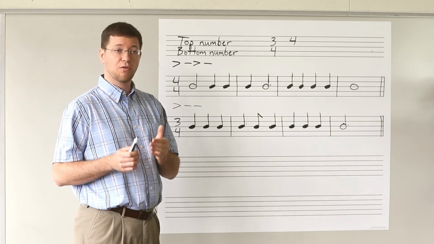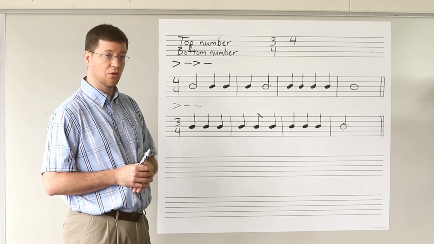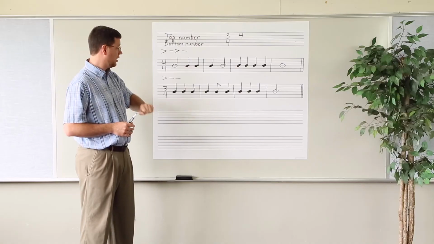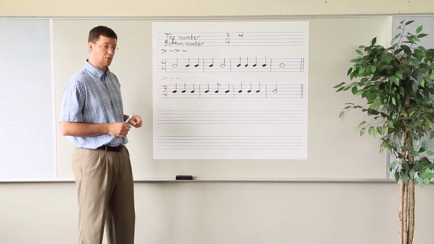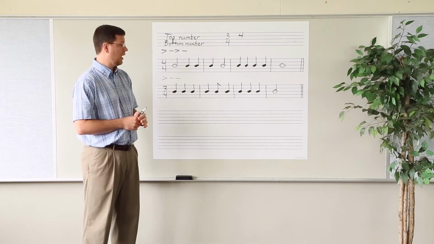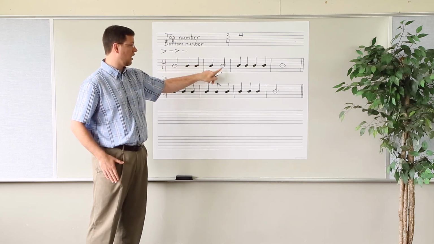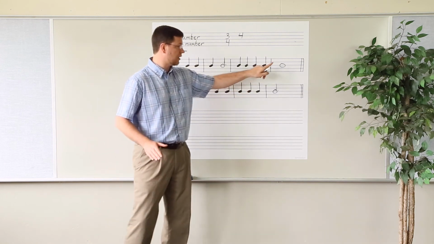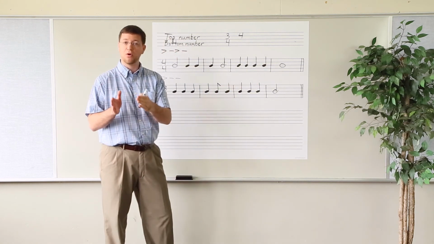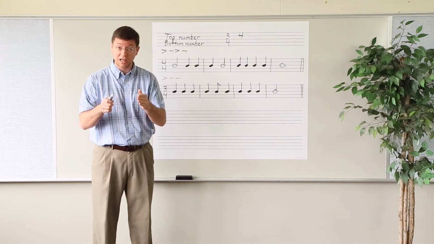Most of the songs that you'll find in the hymnal will fall into one of these 2 categories. They will have 3 beats in a measure or 4 beats in a measure, and the quarter note is going to equal 1 beat. And you should be able to look in the hymnal and figure out the rhythms. Say ta, and tap a steady pulse all the way through, and you should be able to figure out and read